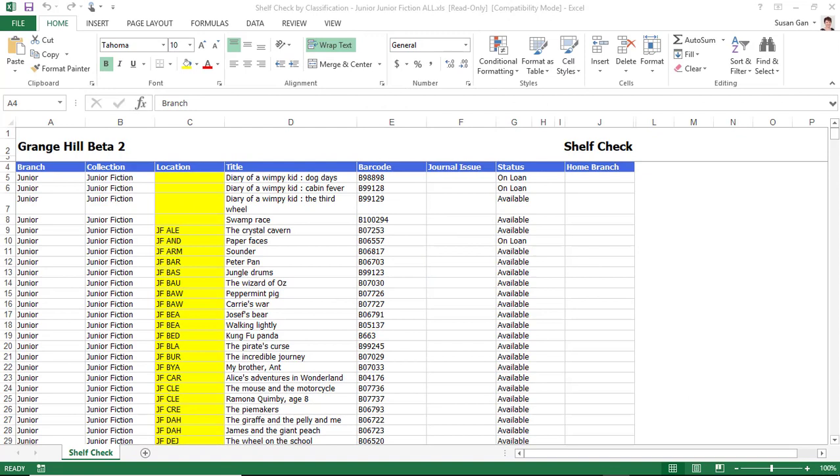The report is sorted by classification, and strictly speaking, this is the order the book should appear on the shelf. Note that the JF you see at the front of the classification in this report is the collection code from the collection setup. It is not coming from the actual classification field on the copy. At the top of the report you can see some copies that do not have the F in the classification